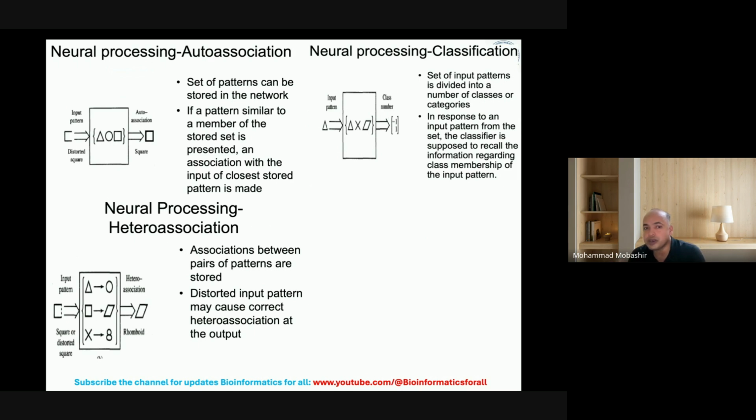Distorted input patterns may cause correct heteroassociation at the output. Then comes neural processing classification. A set of input patterns is divided into a number of classes or categories. In response to an input pattern from the set, the classifier is supposed to recall the information regarding class membership